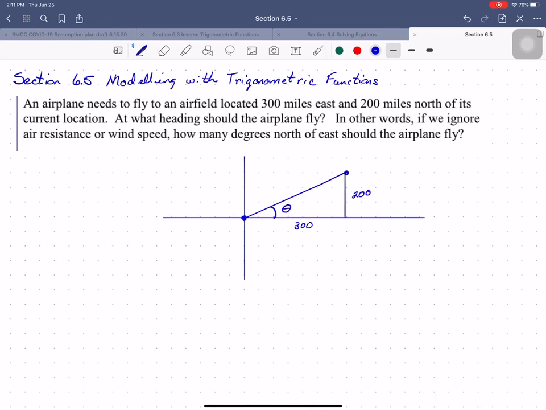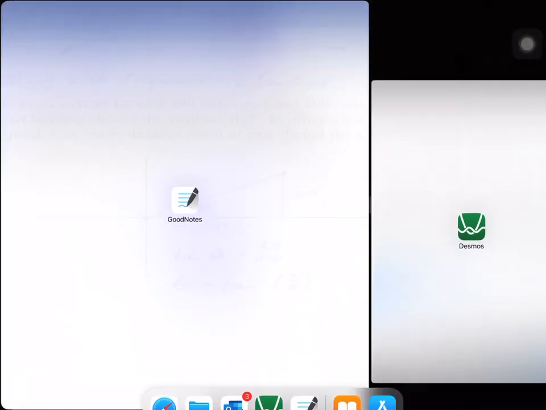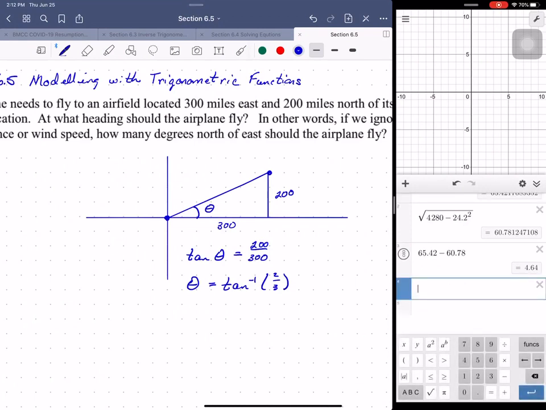You know how to do this. That's a right triangle. So we know that the tangent of that angle theta is equal to the length of the side opposite divided by the length of the side adjacent. So that means that theta is equal to the inverse tangent of 2/3. If we plug that into decimals, we find that our heading should be